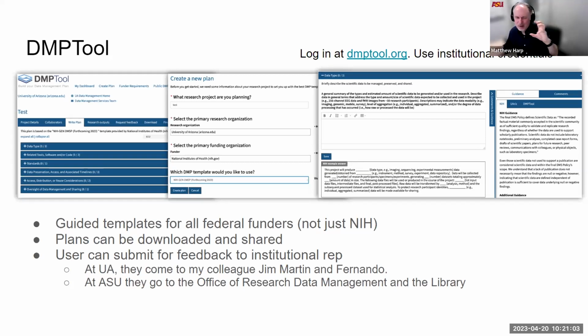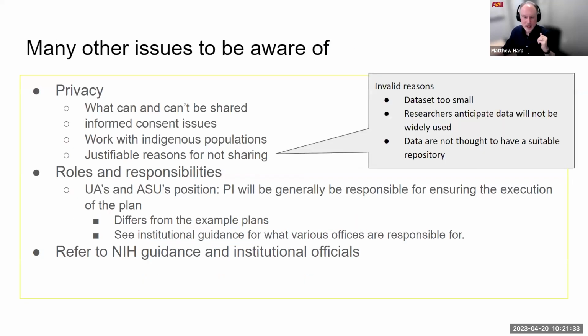If you can see it, I know it's kind of hard to read, the right side of the slide is a screenshot of where someone's actually filling out that plan. And on the right, there are some tabs. And one is like, what institution have you picked? So if it's ASU, U of A, or both, you can actually see what recommendations they have. The DMP tool has guidance information. Plus there is a place on there where a data manager or a librarian is going to be providing feedback on that section. Okay, Jerry, let's go ahead and jump to the next slide.